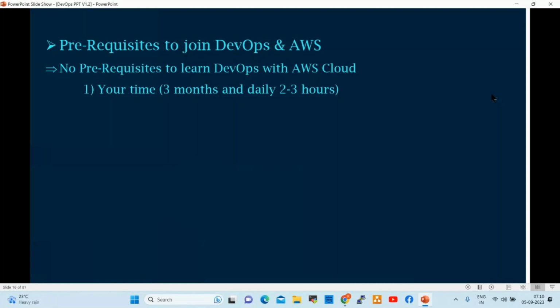Non-IT people are learning DevOps and switching their current role to DevOps, and freshers are learning DevOps. Even experienced developers, testers, and admins are switching to DevOps and cloud roles. You need to spend 3 months, daily 2 to 3 hours, and your profile will be completely changed.